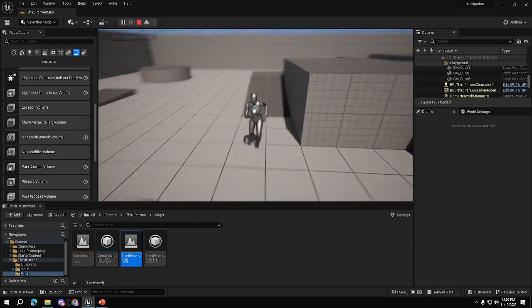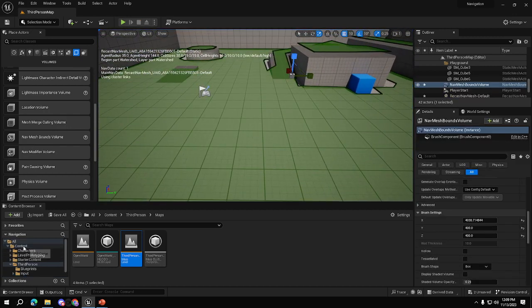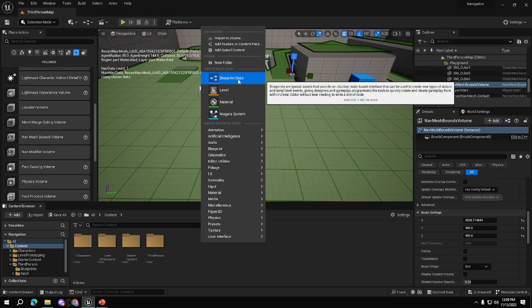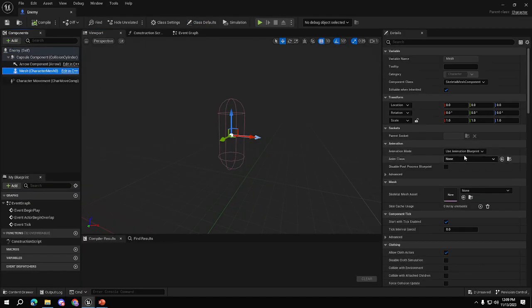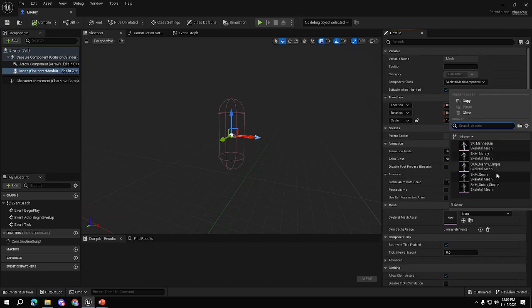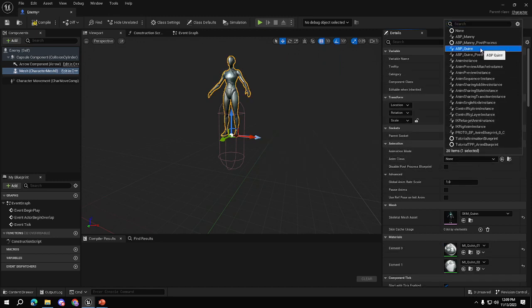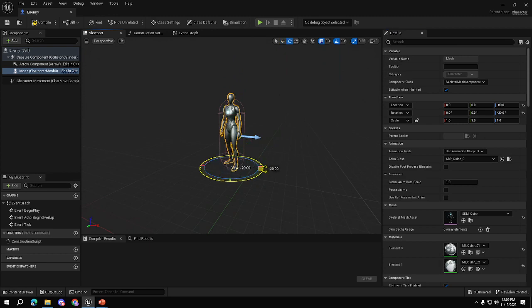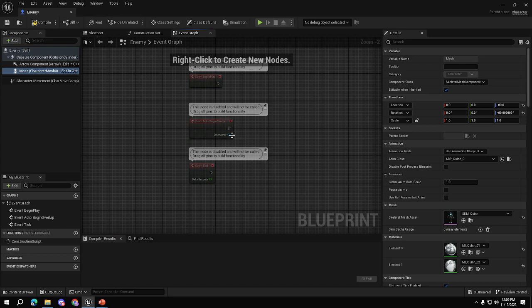What we need is our AI. So gawa tayo ng sobrang simple na AI. So we have here blueprints. Let's create the character, which will be enemy. So this enemy, let's just give it a mesh. We'll give it an animation. Yeah. And the most simple one that we can do is